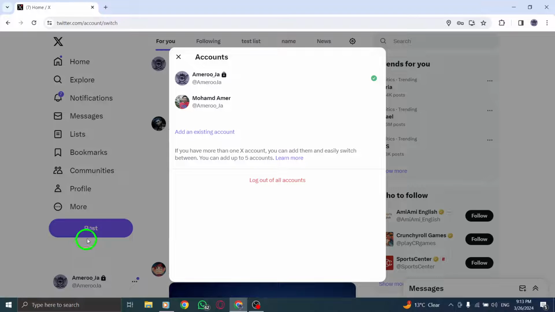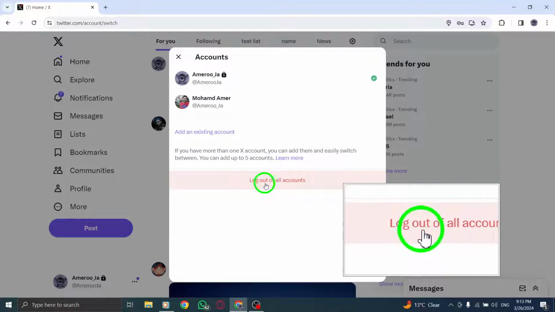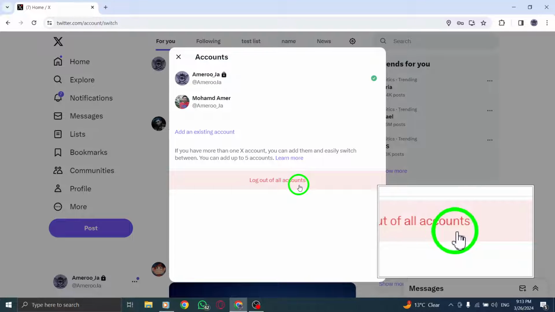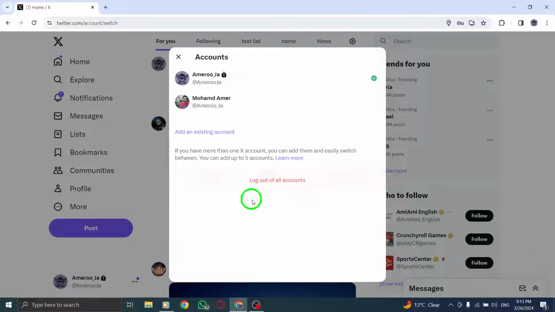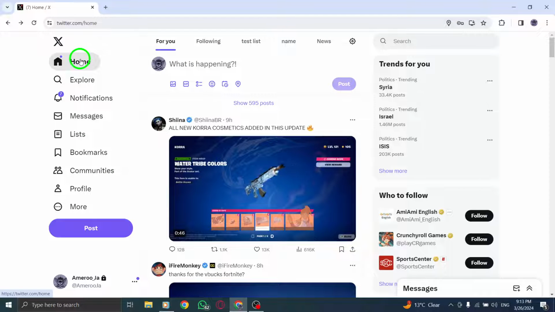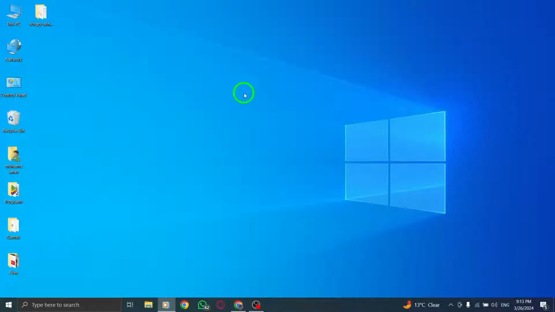This will direct you to a page where you can view and manage all the Twitter profiles currently logged in on your PC. Finally, to log out of all accounts simultaneously, click the Log Out of All Accounts option. By selecting this, you will effectively sign out of every Twitter profile authenticated on your computer, ensuring enhanced security and